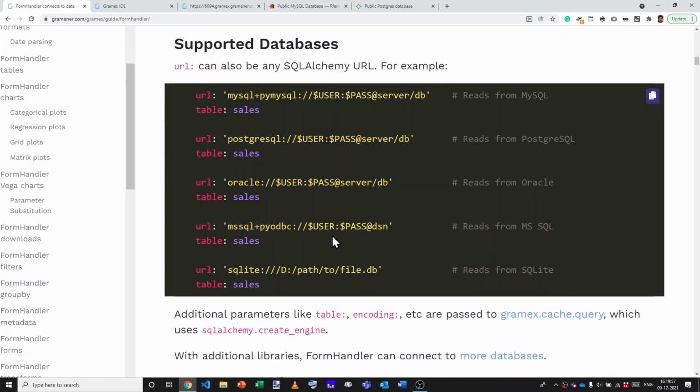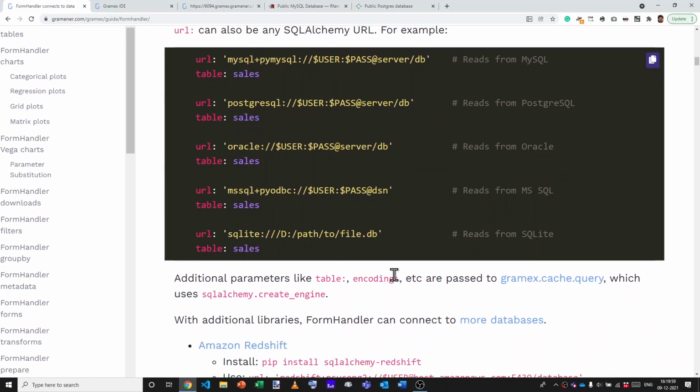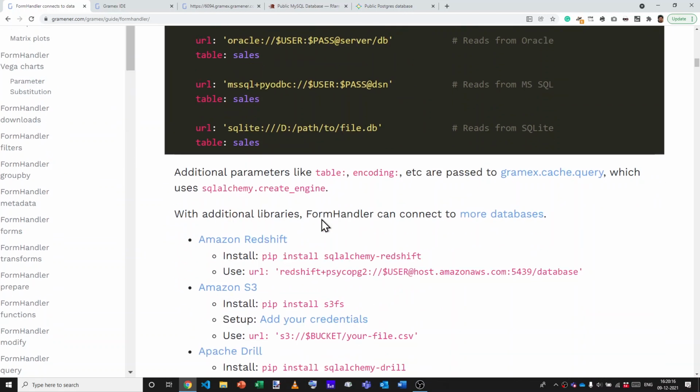The other databases can be constructed in a similar way. If you had a public database, then you can connect to that. If not, you'll create your own instance of the database and pass in the connection string. Some of these could be files like SQLite, where you can have a file in your Docker instance or your IDE instance or your local instance, and you can read from that file directly.